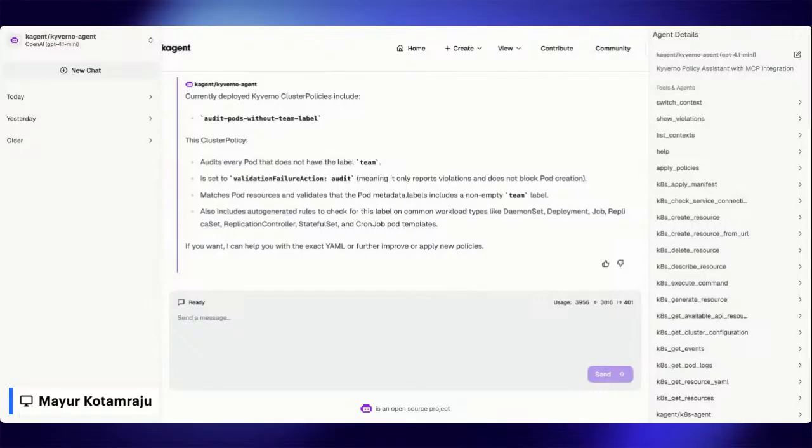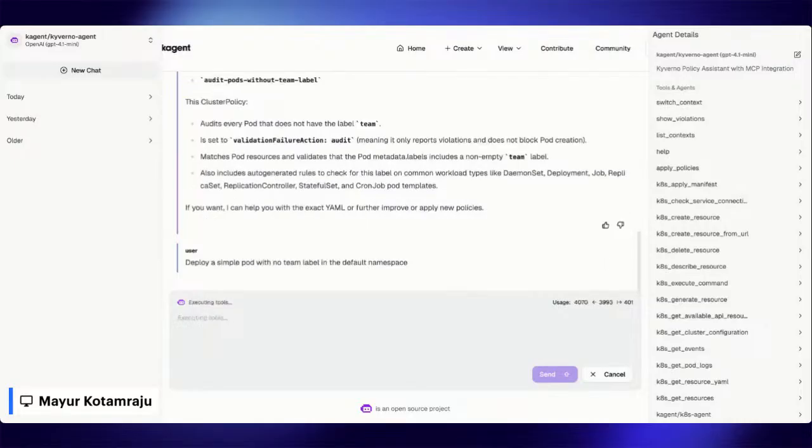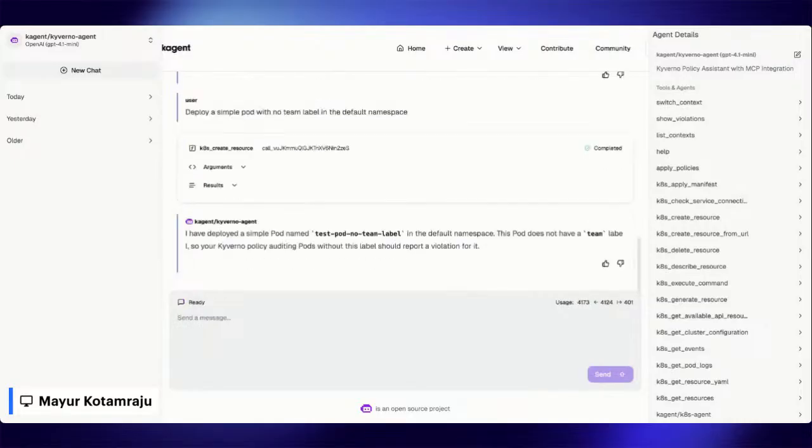Now, the next thing I want to do, so we've got our intent, we've deployed the policy. So now I'm an engineer, and let me go ahead and violate this policy, right? So I'm asking to deploy a simple pod with no team label in the default namespace. Again, the policy I deployed was making sure that we're auditing every pod that's deployed has to have a team label enforced, right?